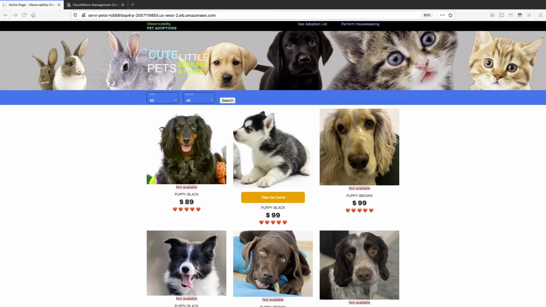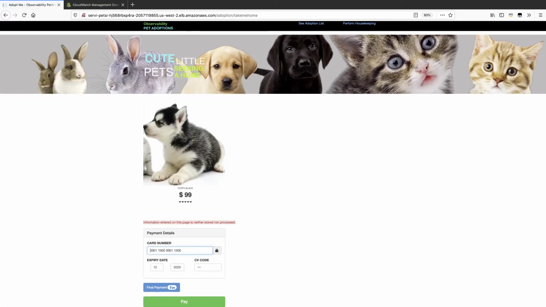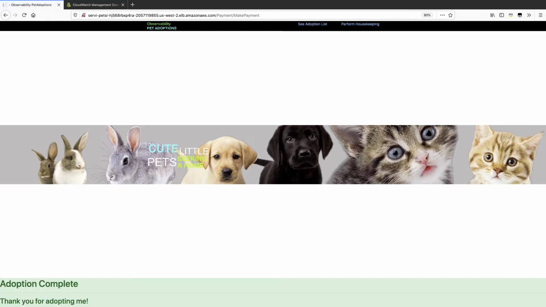Let's look at the website Jane's company provides to their customers. The front end lists all the pets available for adoption. It's a separate application running on EKS, Elastic Kubernetes Service. It has no business logic at all. Every single button on the page is actually from separate microservices. For example, search, or this button, Take Me Home. When you click this button, it will invoke another microservice. When the payment transaction is completed, it will return a status on the page. Adoption complete. This status is stored in DynamoDB.